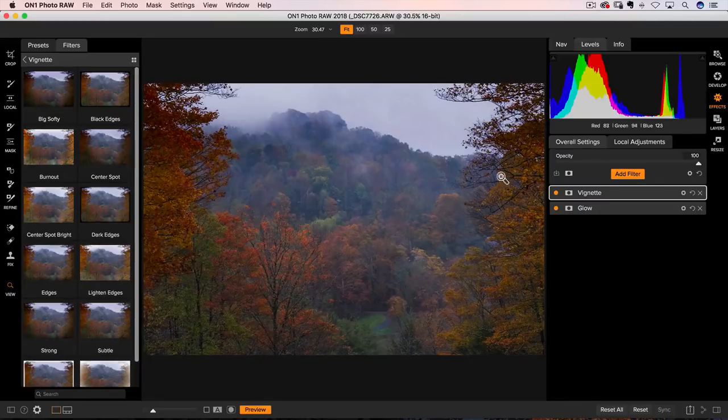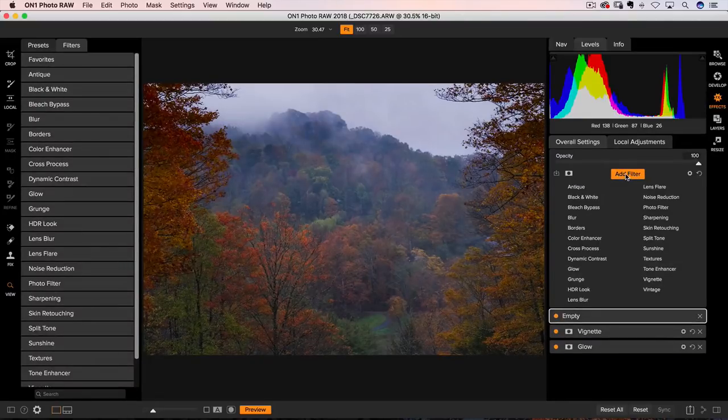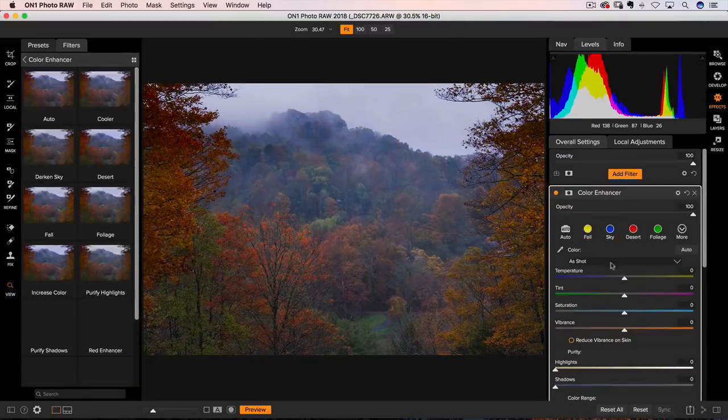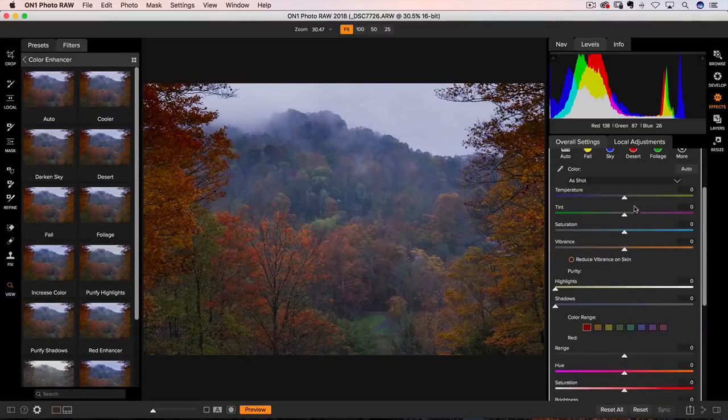If I wanted to boost the colors in here, I'd go to add filter and I'd probably go to color enhancer. And one of the things you'll see in color enhancer, it almost looks like the tone and color, right? I've got temperature, I've got tint, I've got saturation, I've got all these same settings inside of here. So you're like, well, where do I do it? Again, if this is a creative adjustment, I'm probably going to do it here,